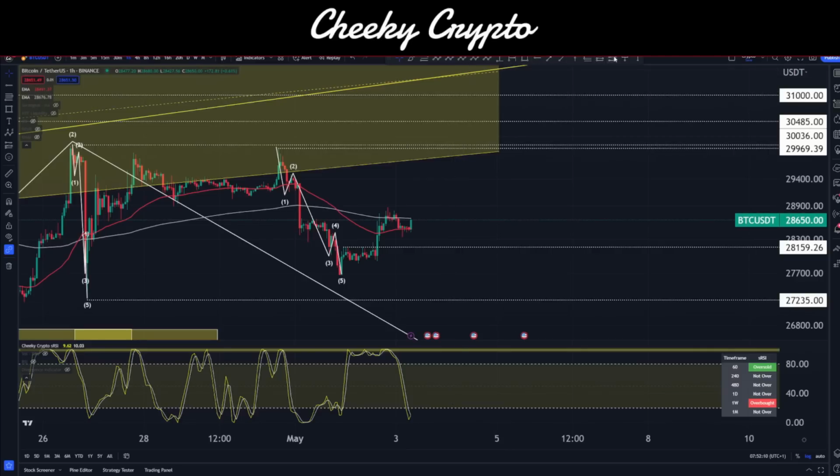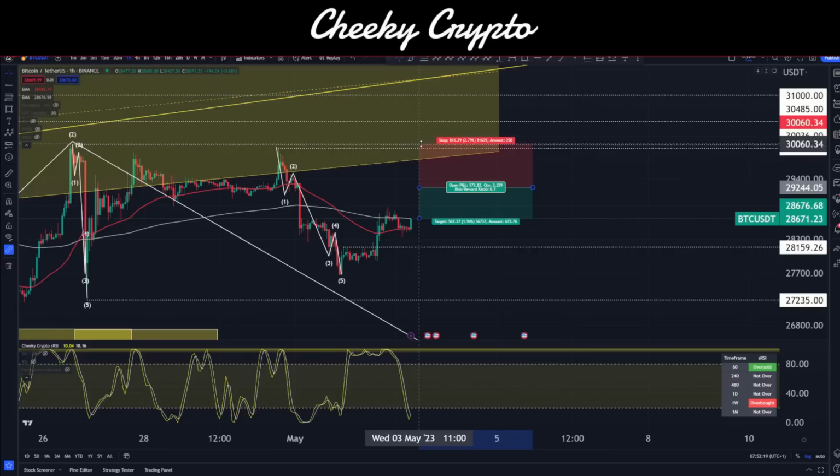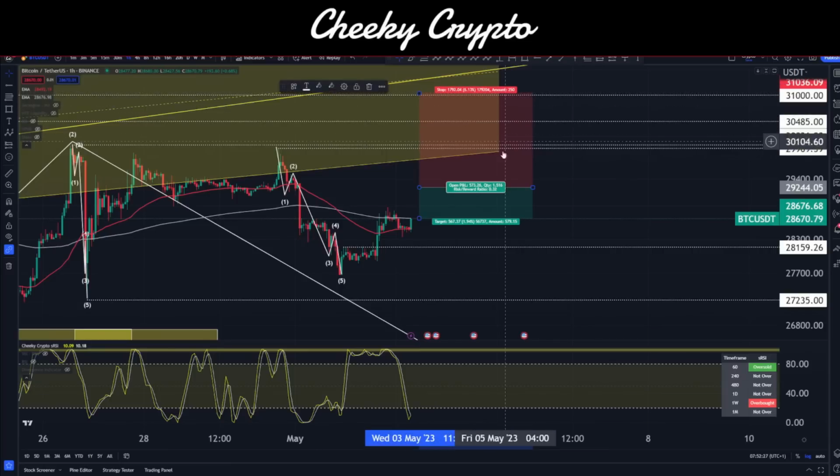If we wanted to do anything on the market, like short it, and price comes up into our resistance lines around 29,250, for example, the stop loss is going to be up here, preferably above 30,036, or if you've got a bigger budget and less leverage, why not aim for 31?